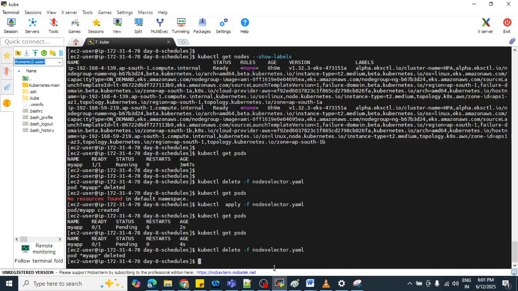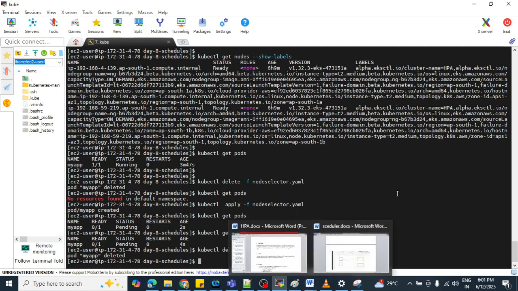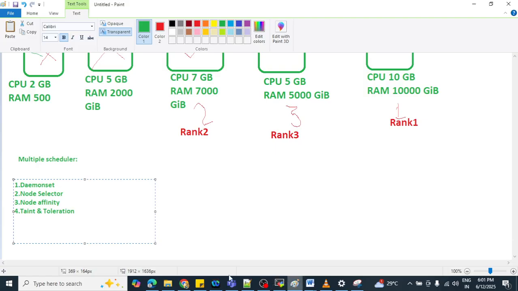So I have explained the concept of daemon set and the concept of node selector. Now our next concept is node affinity. What is node affinity? That we need to learn.